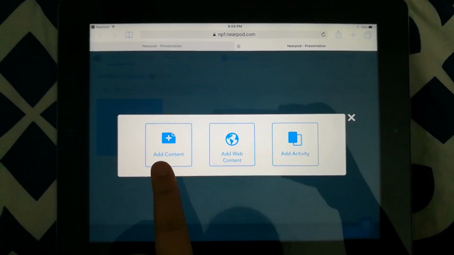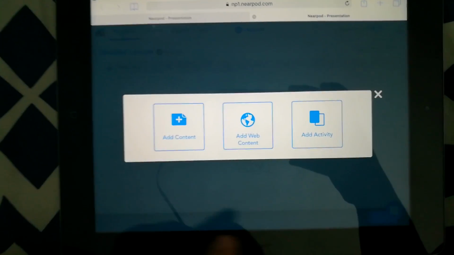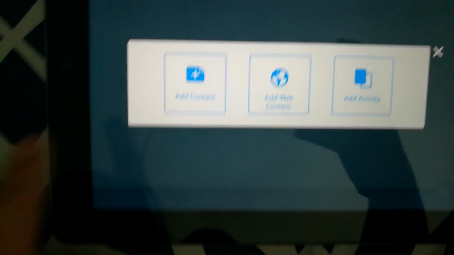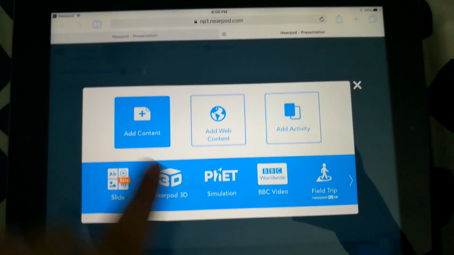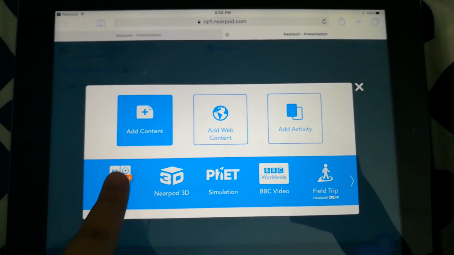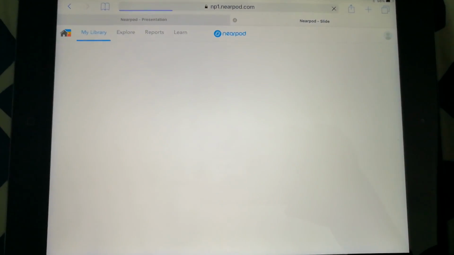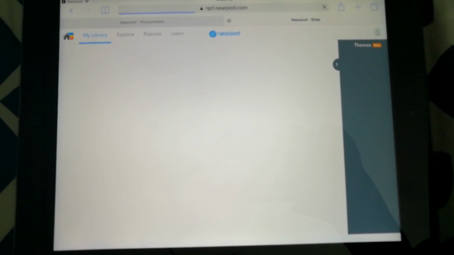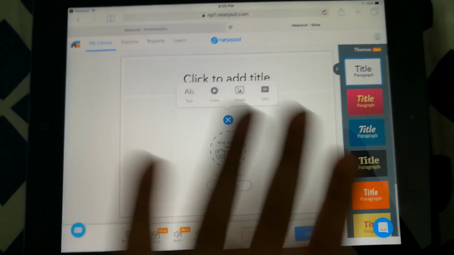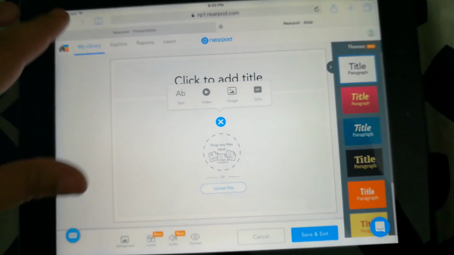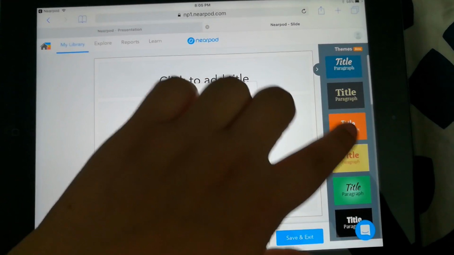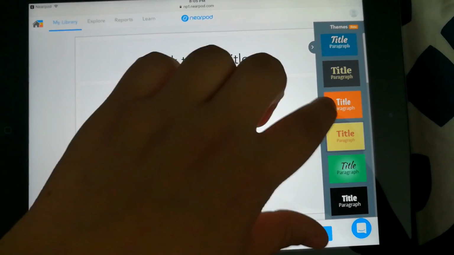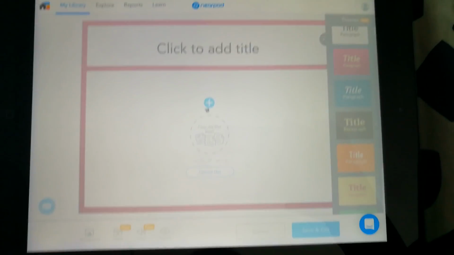I have the options of add content, add web content, or add an activity. I'm going to choose add content. So here in add content, I'm going to choose a slide. Now when you get to this part, you have a slide, and so one of the things you want to do is click on a theme that you like and would like to use throughout your presentation. So for the sake of choosing one, I'm just going to go with this one, and you can see that